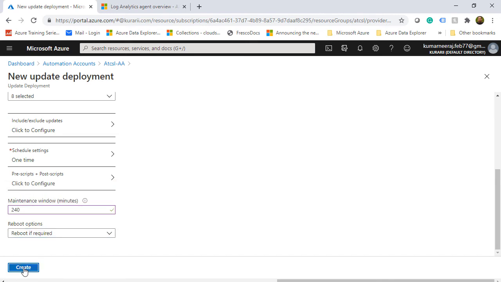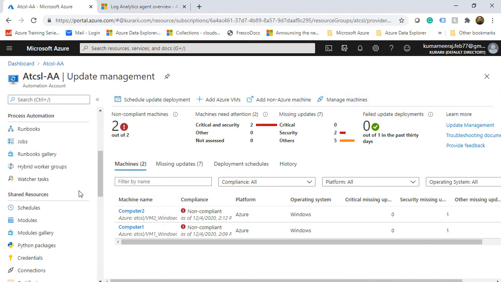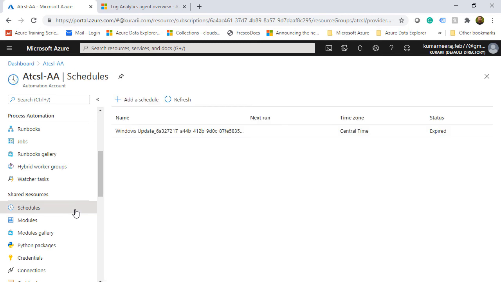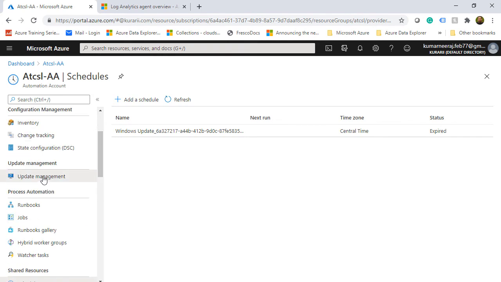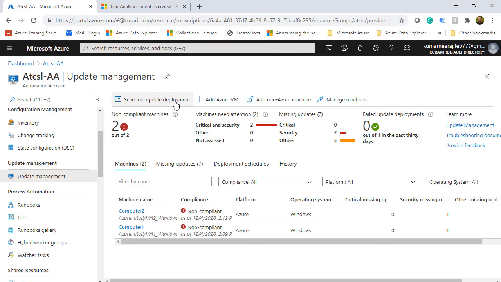So this is going to be scheduled. If we scroll down and go to schedule, we will see the same schedule. And here it shows expired because 3:15 has already passed and the updates were already initiated. So we will wait for some time and then go back and check the progress. Now we are going to scroll up and go to update management, and we will wait for the updates to be completed. It will take some time because there were security updates and then other updates as well, so we can wait for it.